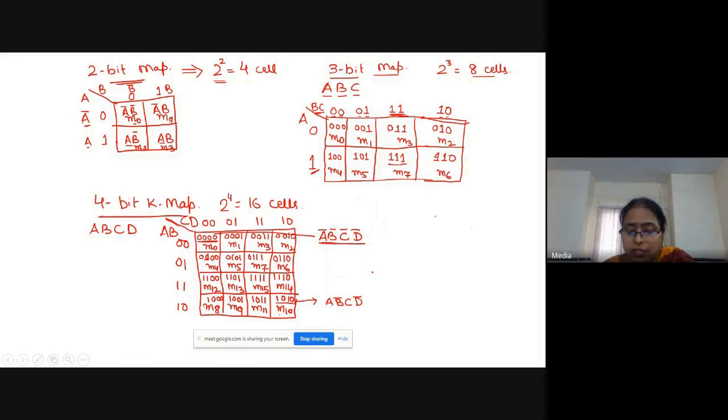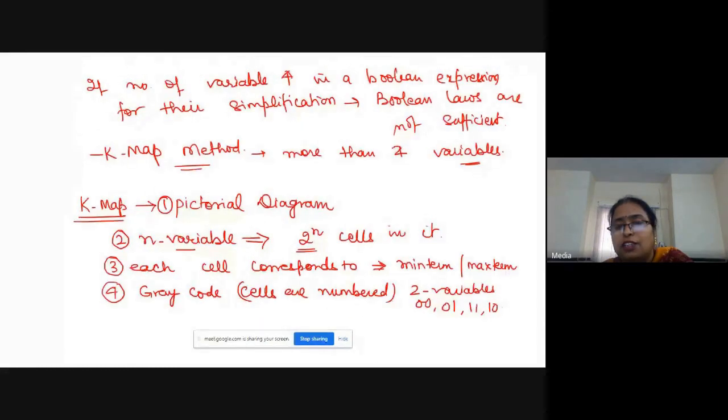So let me correct myself. The K-map is for more than three variables, but it is suitable up to five variables.